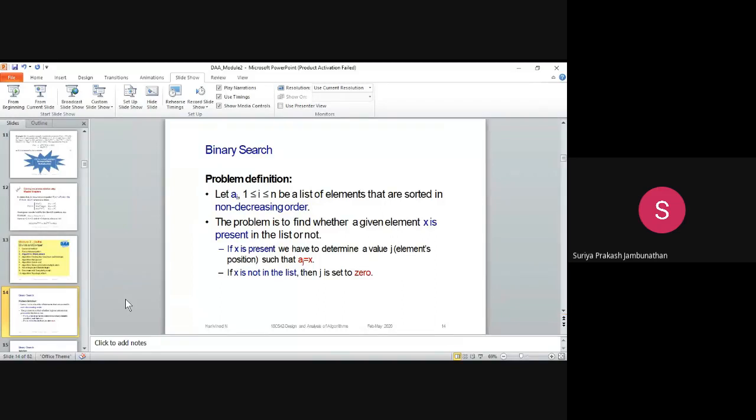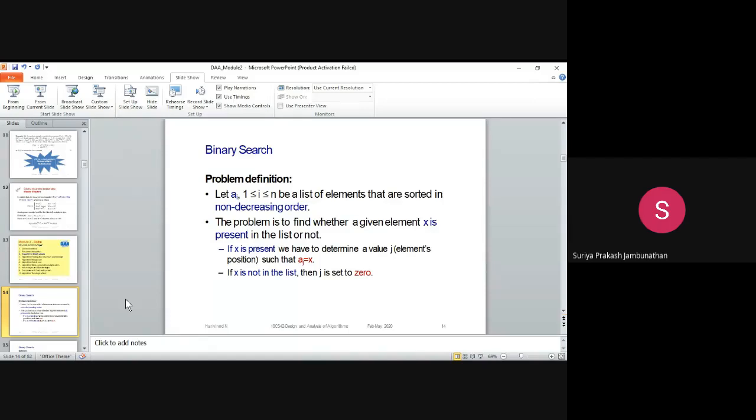So if the key value is present in the binary search, we identify the position where it is available, retrieve the value and the position, and display them as output. If the X value does not exist in the list, we have to return null, or return 0. That is the binary search problem definition they are giving here.